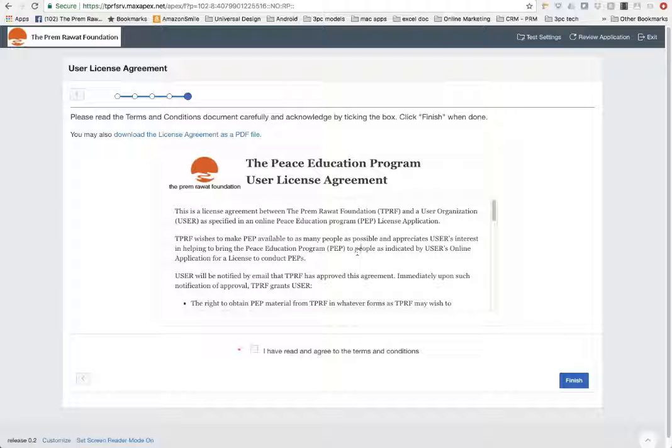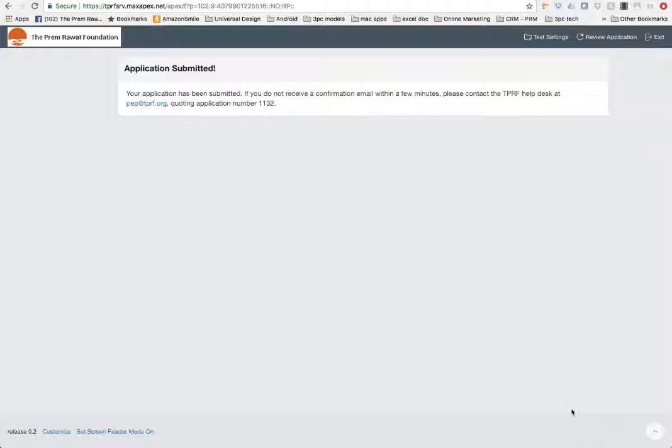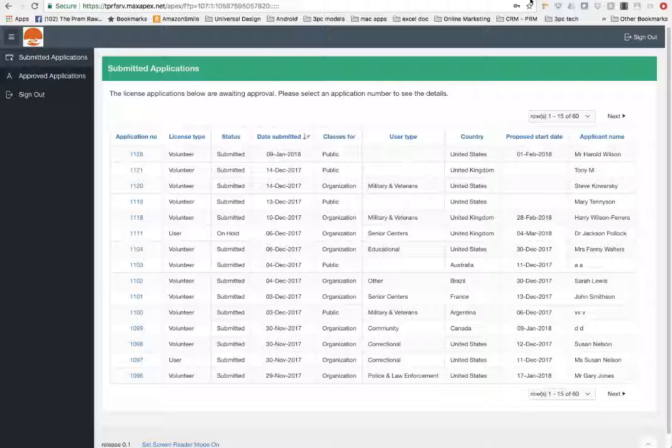Then here is the application, the license agreement, and another opportunity to download it and check that you have read and agree. Then verify that the email is correct so that we have a primary contact with a correct email, and then click finish, and that's the process to apply for a PEP license. Fairly quick and easy, and that then feeds into the internal process for